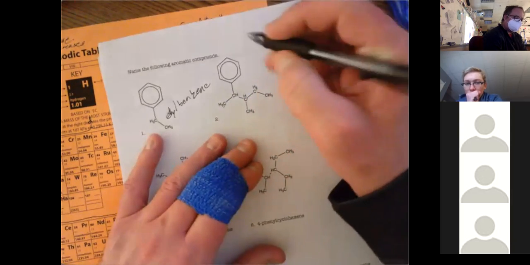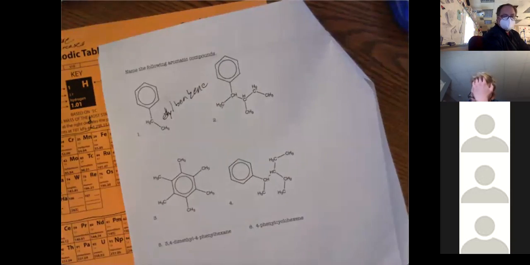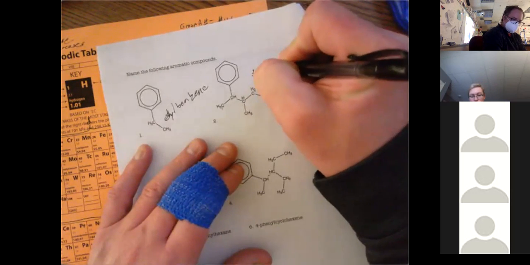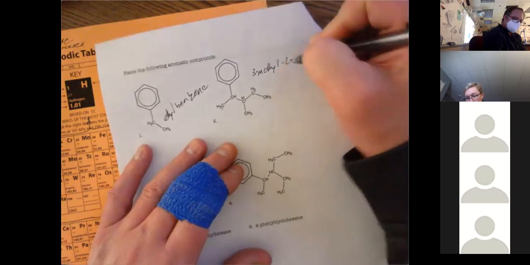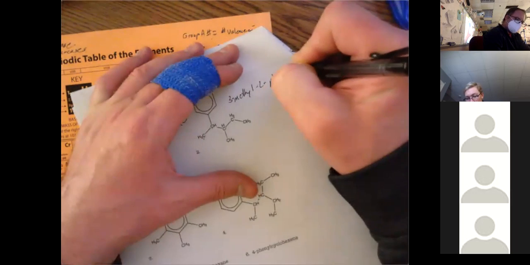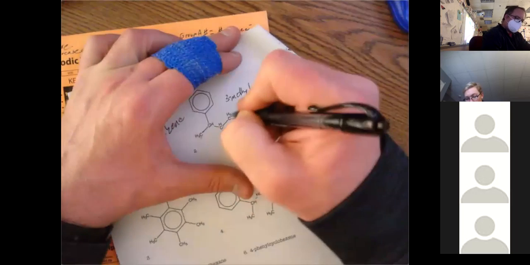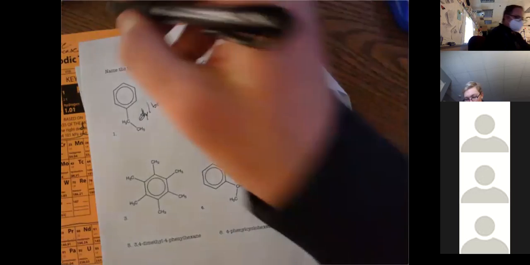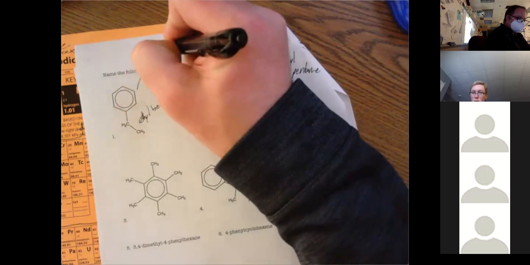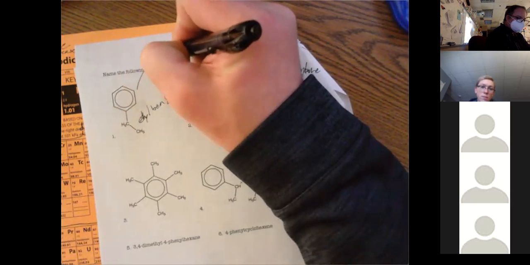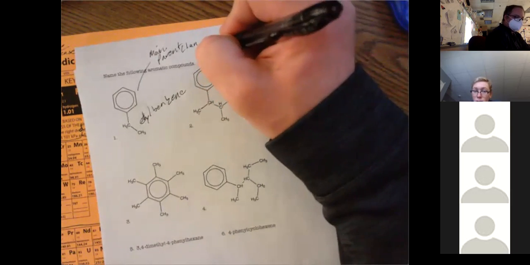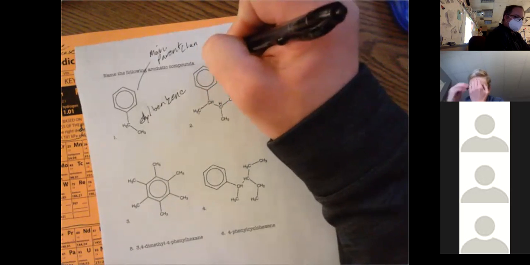1, 2, 3, 4, 5. So phenyl would get the priority because it is a special case group. So we would have 3-methyl, 2-phenyl, 1, 2, 3, 4, 5 pentane. Right? Remember that if it's the main parent chain, we call it benzene. If it is the branch, we call it phenyl